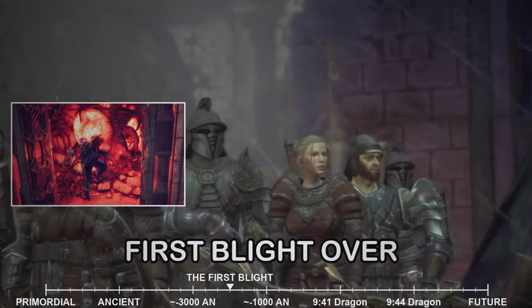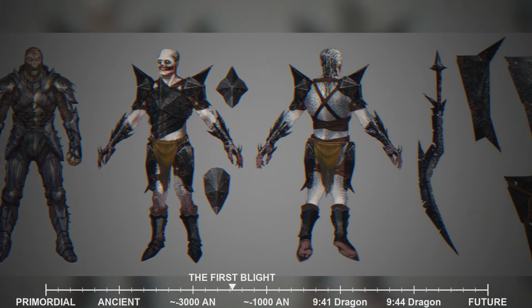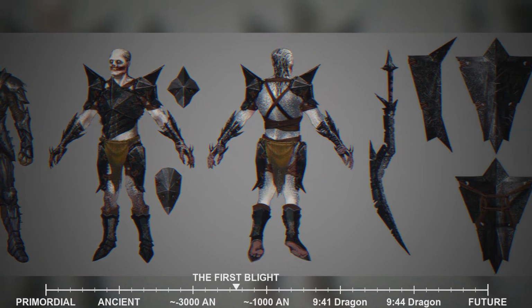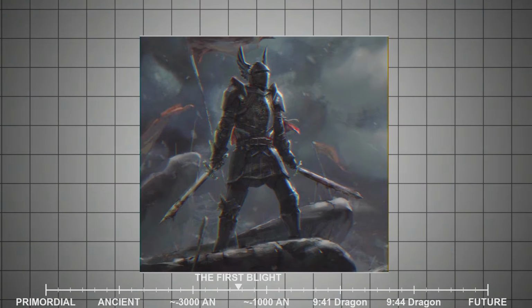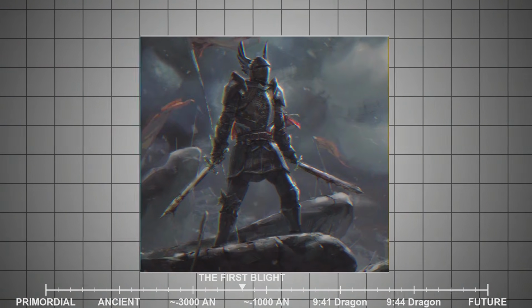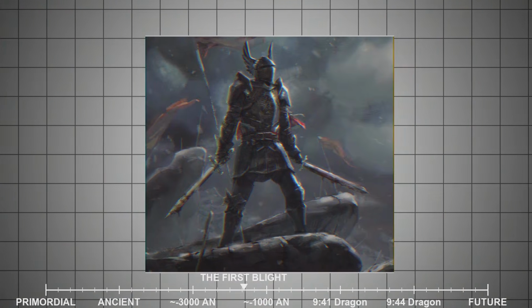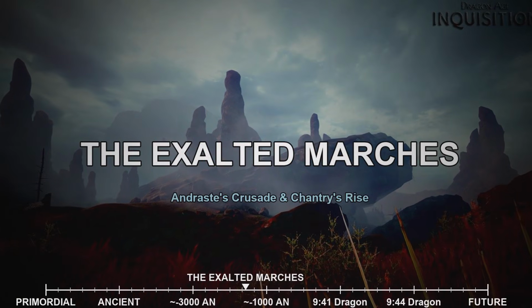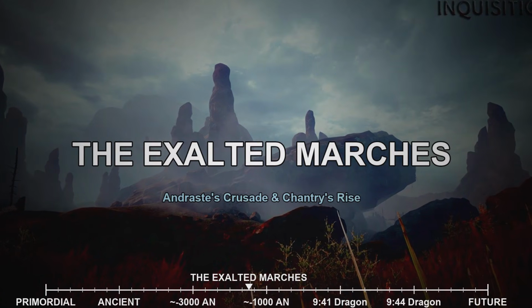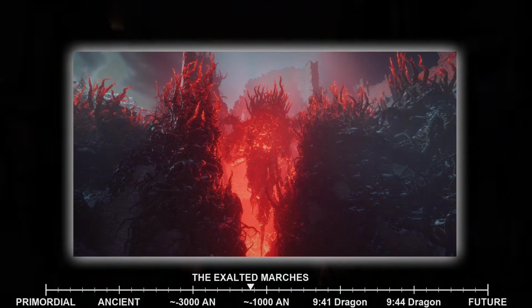The world was forever changed, its populations diminished, its lands ravaged, and the memory of the Darkspawn forever etched into its collective consciousness. The Grey Wardens, though victorious, were forever marked by their ordeal, their order now a permanent fixture, standing eternal vigil against the return of the Blight. As the world slowly began to heal from the ravages of the First Blight, a new spiritual force began to stir in the southern lands, challenging the established order of the Tevinter Imperium.